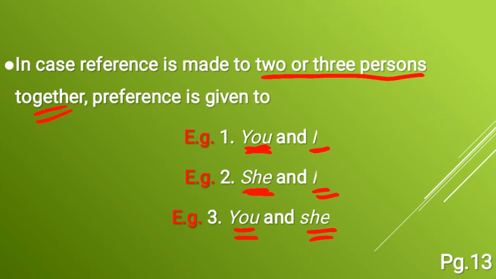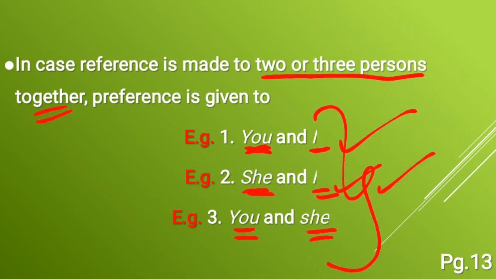This is how you should write whenever you are writing the sentence. And whenever you are speaking, conversing with your friends or anybody else, you should use this same method. You should not say I and you can go to theater. Yes, you and I. That is correct. You cannot say I and she went to theater. Yes, that is wrong. Instead, you should say she and I went to theater. Got it children? And you cannot say she and you should meet principal. That is wrong. What you can use? Yeah, you and she should meet principal.